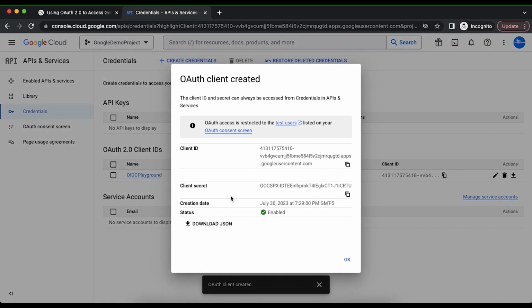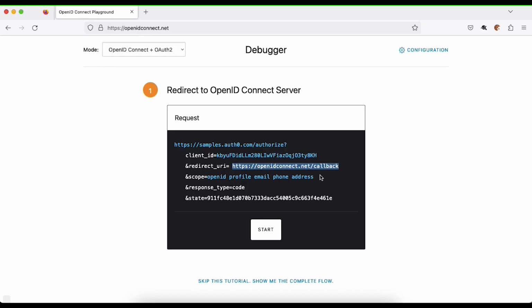So now you can see the client ID, client secret, all these values here. We need to configure these values in the Playground application. As I said earlier, if you're building your own application and you're using some OIDC libraries for Google Sign-in, you need to do all this configuration within your application. Here I'm just using a demo app that is available online so that it is easier to understand the end-to-end